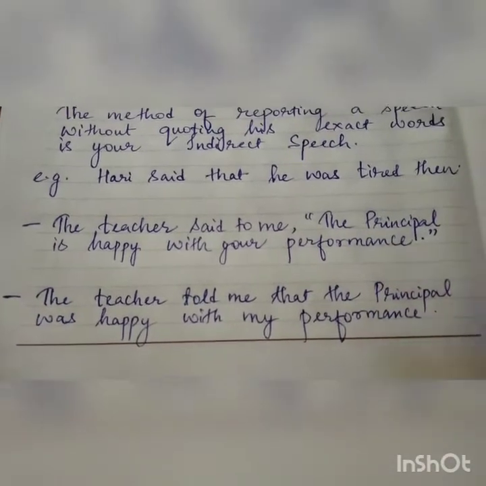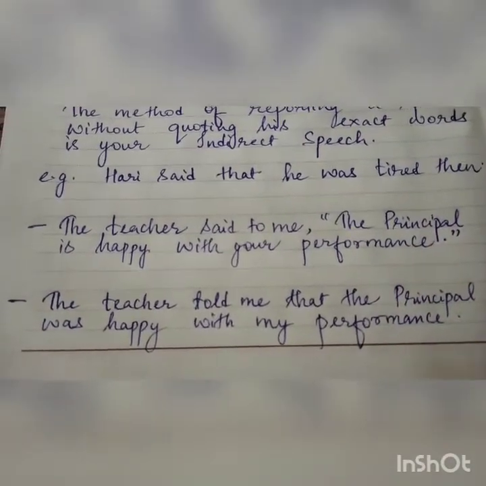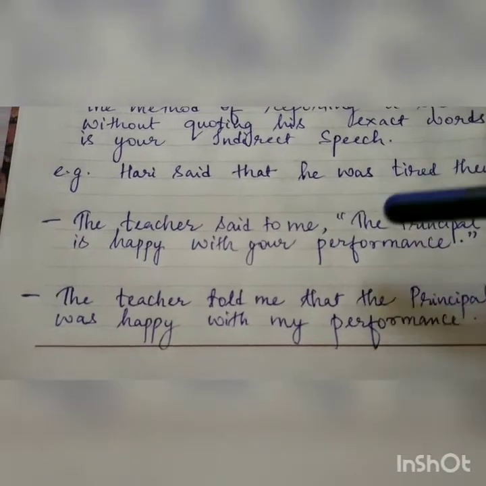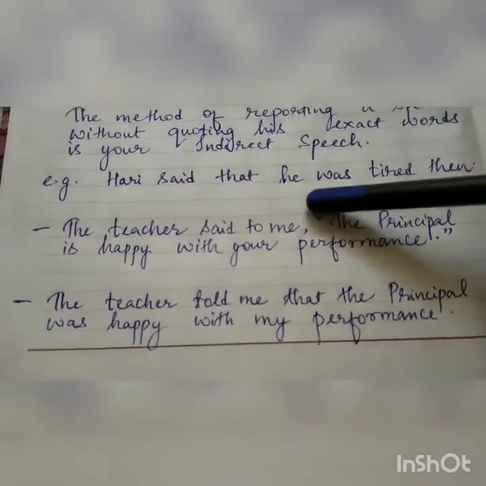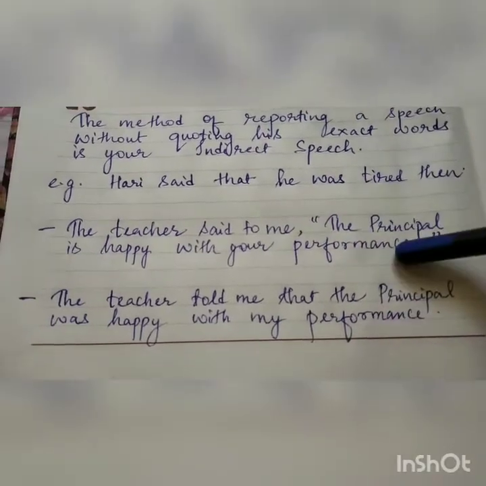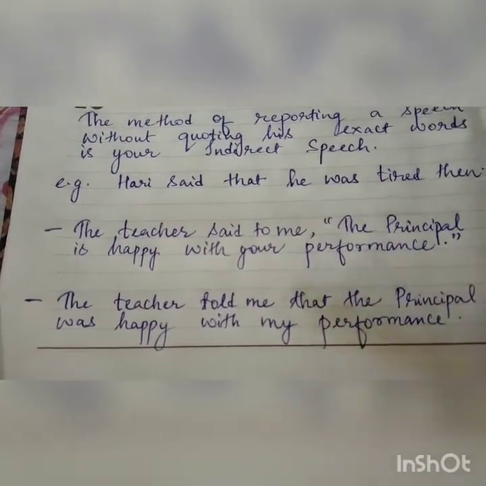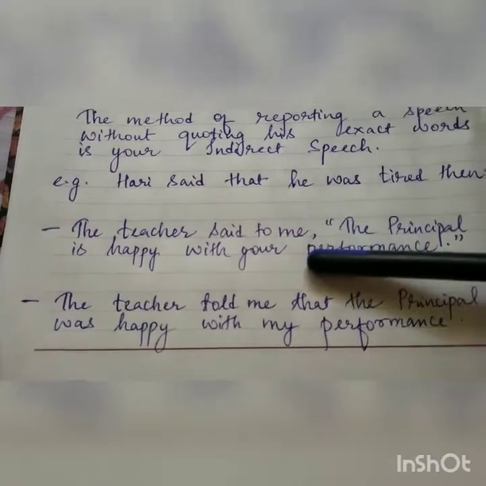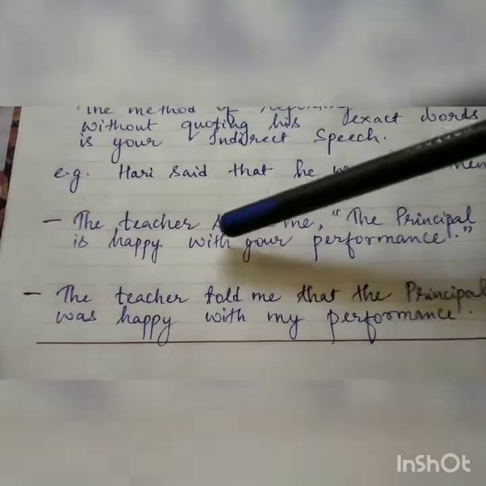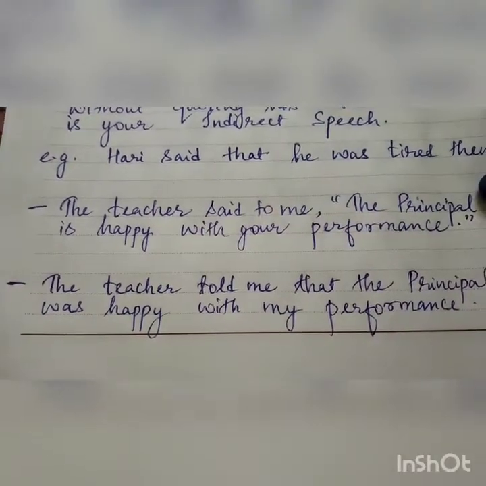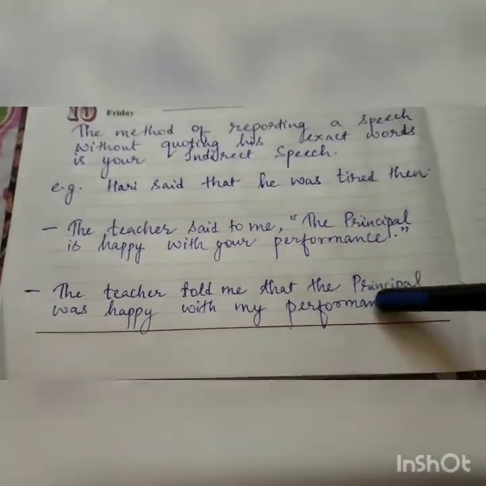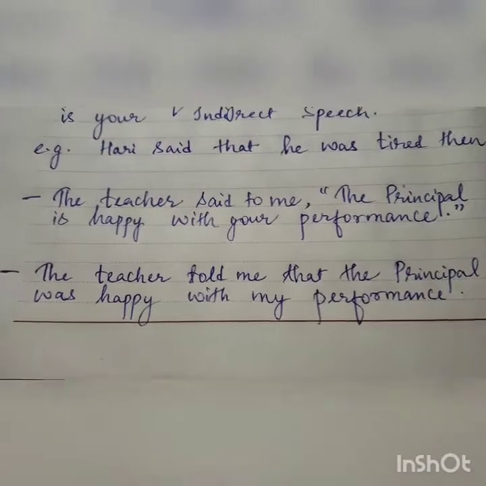Direct speech is the actual or exact words of the speaker, which we quote in inverted commas, and also we have a comma to separate the reporting verb and reporting speech, whereas in indirect speech you have nothing like that.